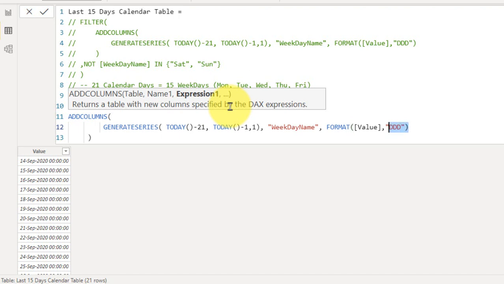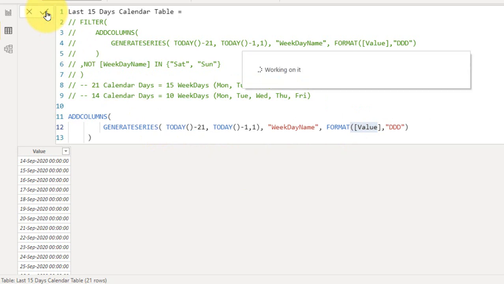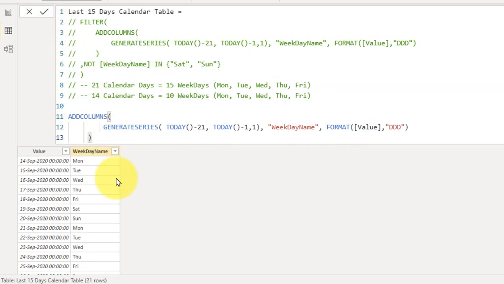So I'm using the format function to get this value. The value is nothing but the name of the column. So I'm taking this value here, comma, the format, that is DDDD, which gives the weekday names. So click commit here, and it will give the values as Sunday, Monday, Tuesday, Wednesday.